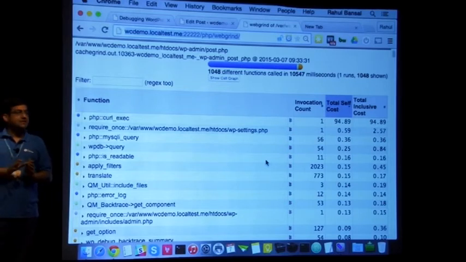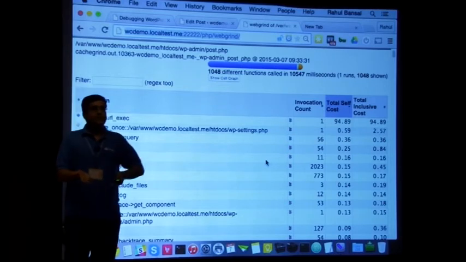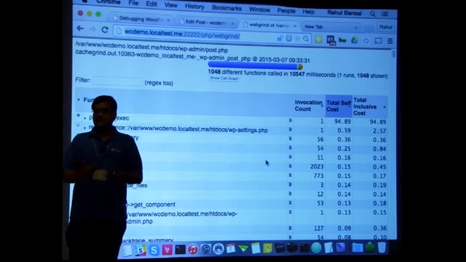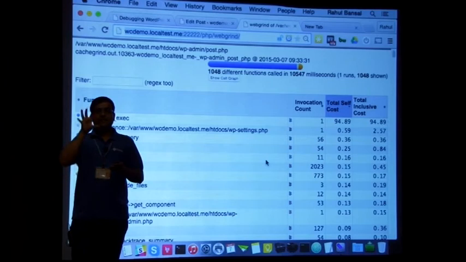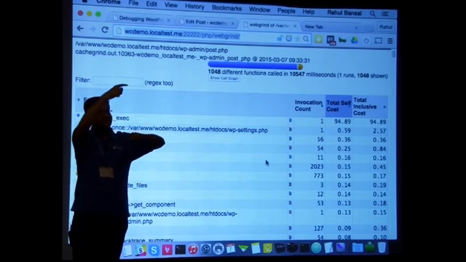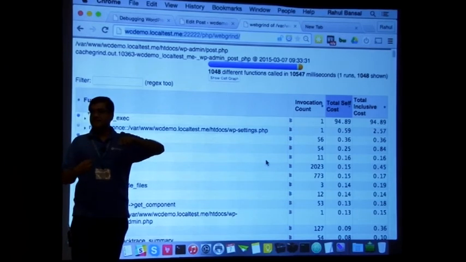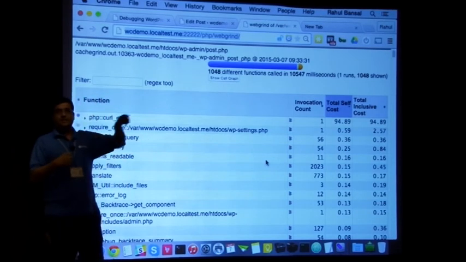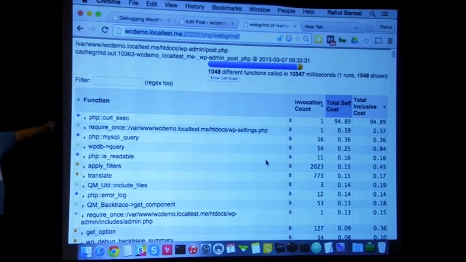Because in the real world, when you have 50 plugins, you just can't open each and every plugin blindly. You need another way. You first need to catch what is slowing down, then you need somebody to tell you who exactly is creating this bottleneck. So it is the other way around. You just don't get into code directly.